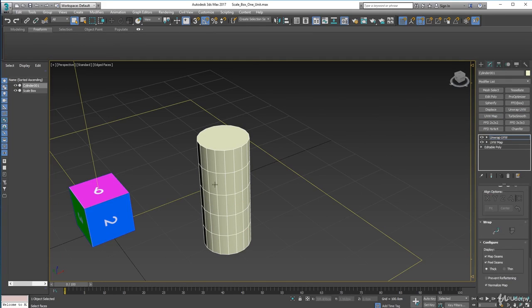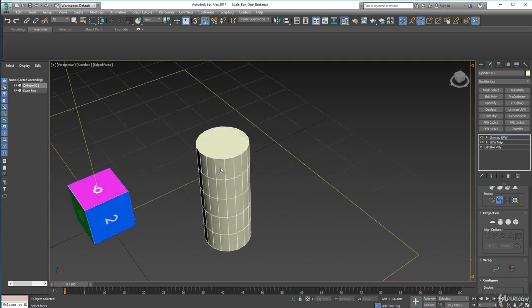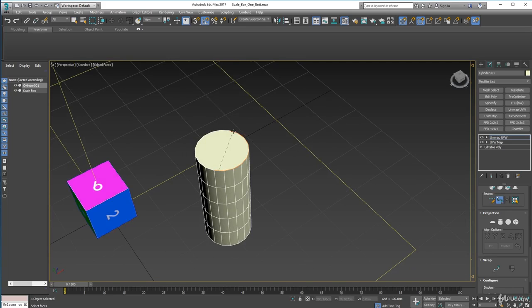You also have to create seams, but don't worry about what I'm doing now. I will explain all this as we go along, but what I'm doing now is I've got to tell Max where the edges of my object are. I can do that quite easily just by clicking here,